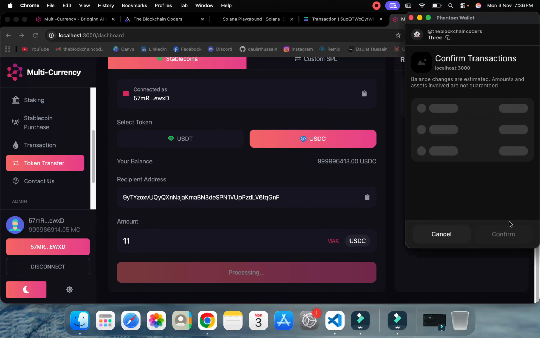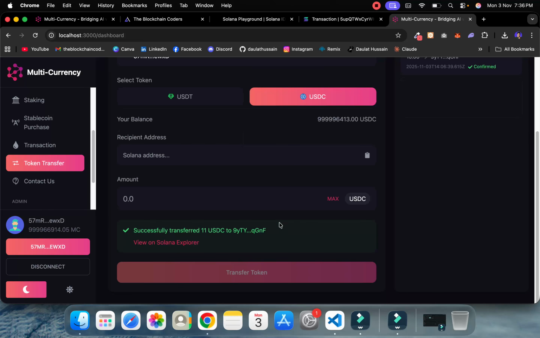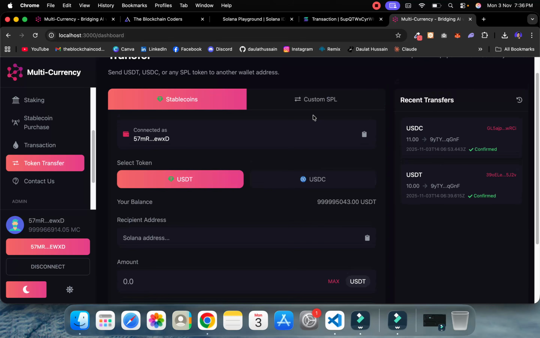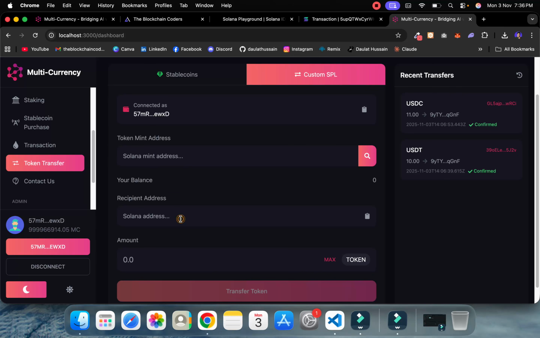The transaction is taking place. I can click on confirm and the transaction is completed. Now I want to transfer the custom token which we are selling. So I'll simply give the address of the recipient, which is this, and I want to transfer, let's say 13,